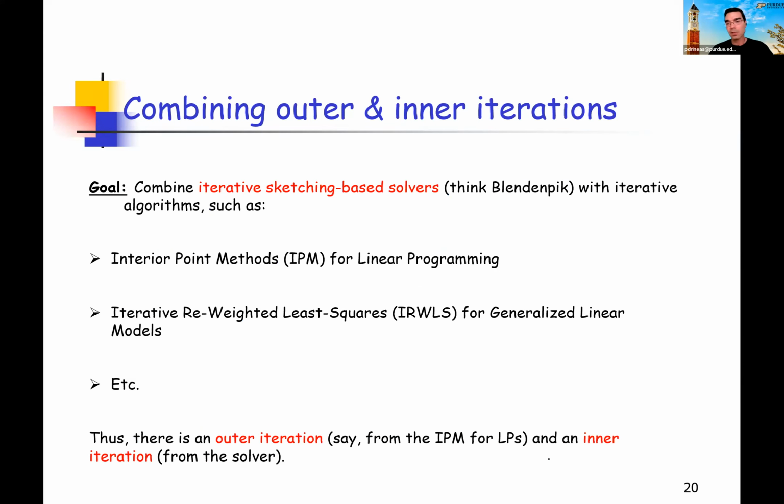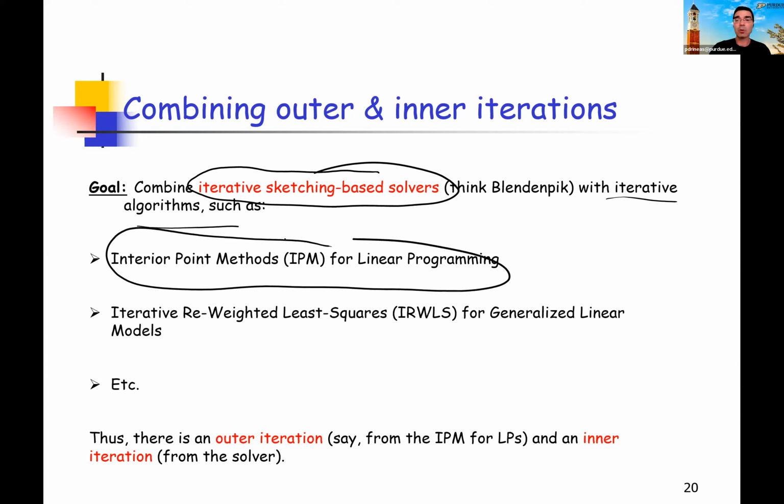families of techniques. I find this to be really important and really interesting because one of the things that in many cases you want to do in applications is to combine what I'm going to call inner and outer iterations. You have iterative sketching-based solvers for regression problems or for standard systems of linear equations. You solve them iteratively using perhaps randomized sketching like Blendenpik, with iterative algorithms such as interior point methods, which is what we're going to talk about, iterative reweighted least squares for, say, generalized linear models, iterative algorithms for things like clustering, anything you can think of that has an outer iteration where the inner iteration needs to solve a matrix problem, especially regression or systems of linear equations, you can have this